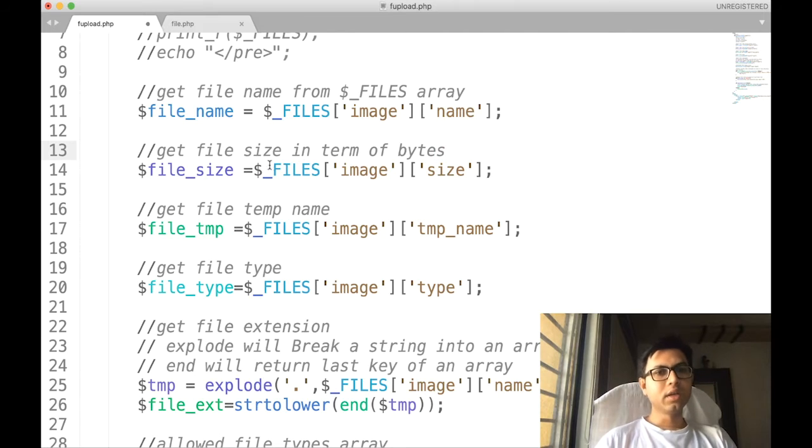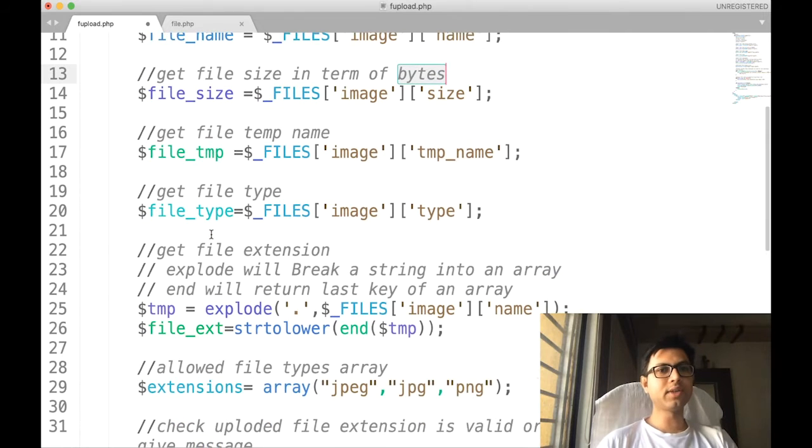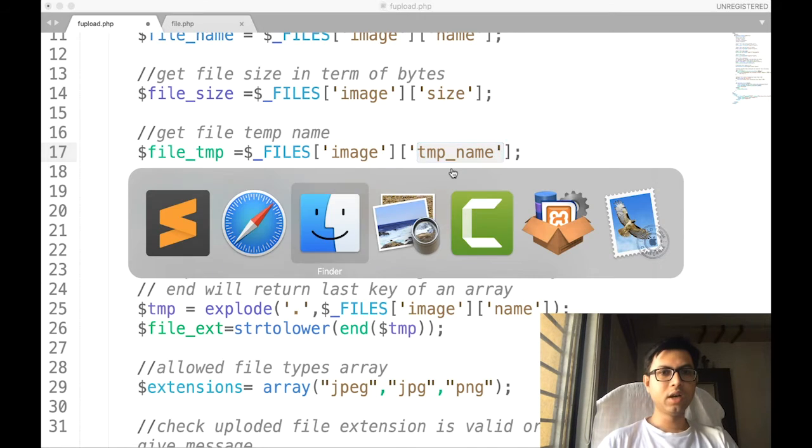Here, whatever file size is returned is stored in terms of bytes, not kilobytes or megabytes. After that, we are going to extract the third piece of information, that is, get the file temp name. We are writing a temporary name for this file, whatever we are uploading over here.